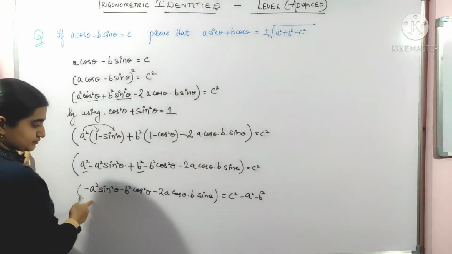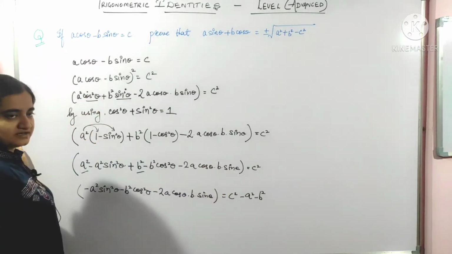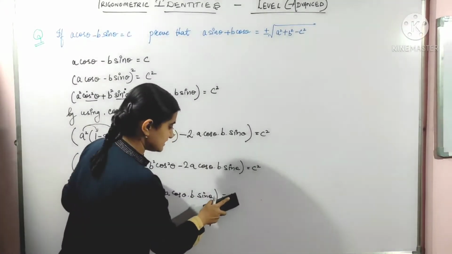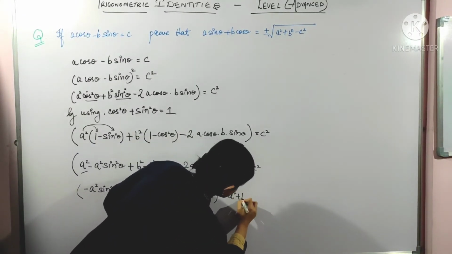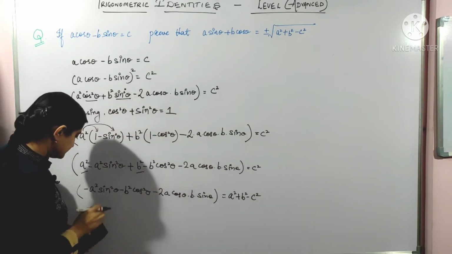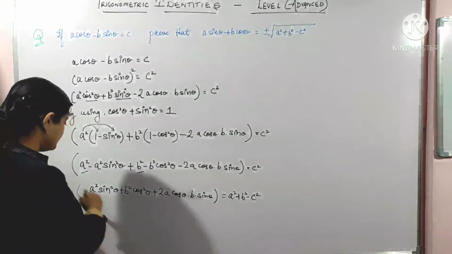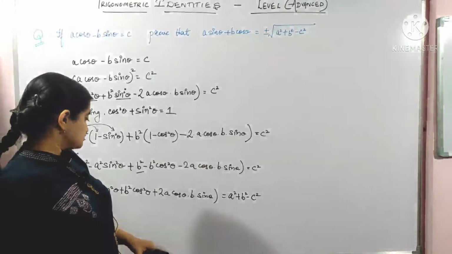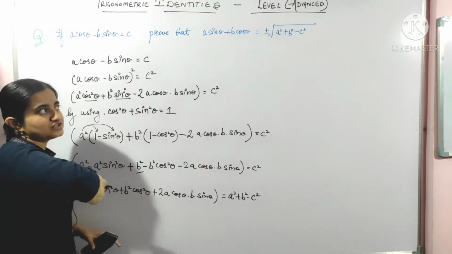What we will do, we will take the minus sign out, and we will send that minus sign to that side. So what will happen? If we do that, the minus sign will be here, and the signs will change: a square plus b square minus c square. And here also, what we did, we took out the minus sign and sent it there, so the minus sign is not available now. Okay, so this was the main magical step, and yes, this step changed the whole question.